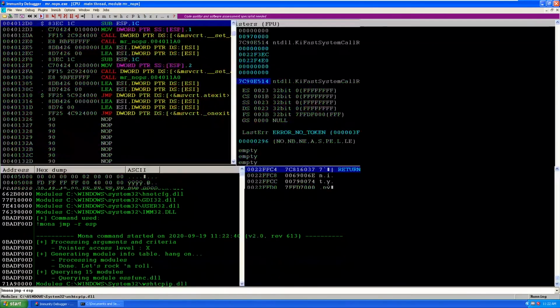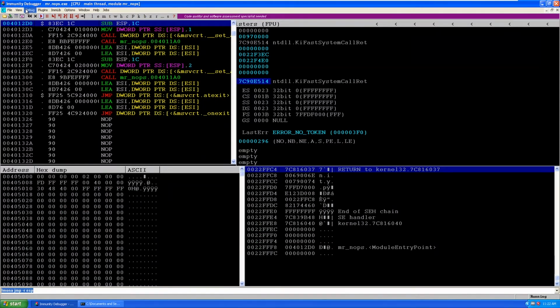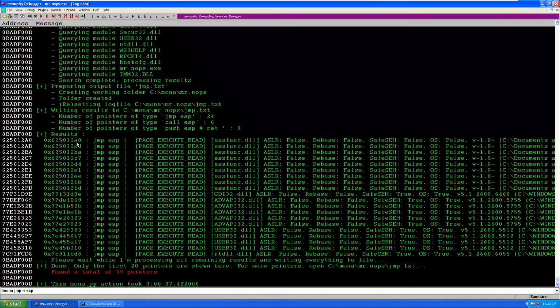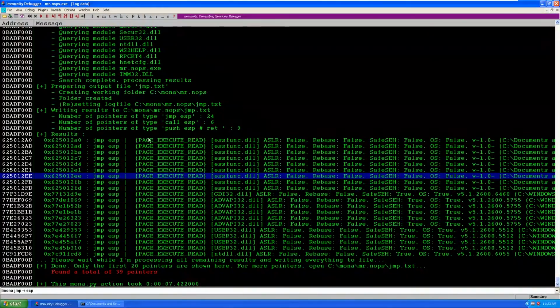Now this Mona module will find all the jump ESP instructions in the executable, and also the DLL files the executable is using. And there you go guys, these are all the jump ESP instructions, and you can see the essfunc.dll is the DLL file used by the program.